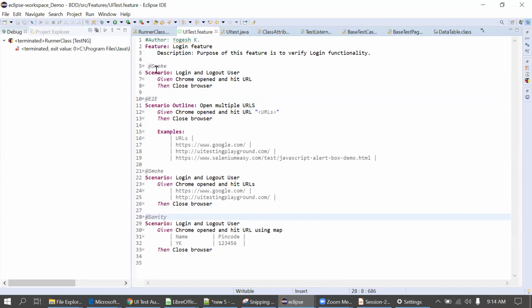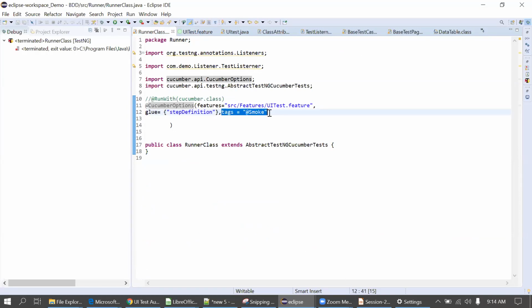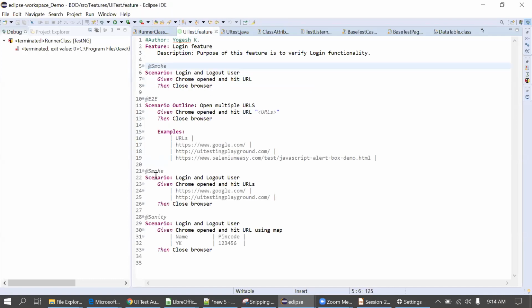Suppose I want to execute only smoke test cases, smoke scenarios only. So I'll include the tag in the runner class that I have included already. Now I'll execute. So only the smoke tag will get executed. You can see this is the first, the second. Only these two scenarios will get executed.